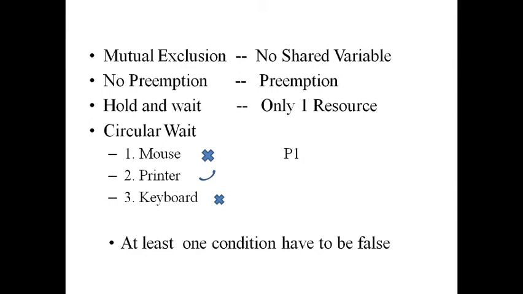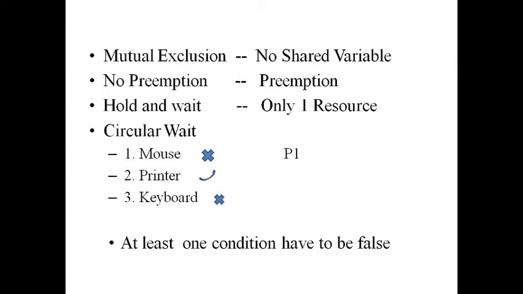Okay, the first one. No, not the first one. If P1 is holding the printer, one resource, and if P1 wants to take another resource, then it can take only the higher one in increasing order. Means it can take the keyboard. So it is given a wrong mark. Actually it is correct. Okay, this is not wrong. This is the correct one. Tick mark. Okay, please consider this. It is a tick mark.